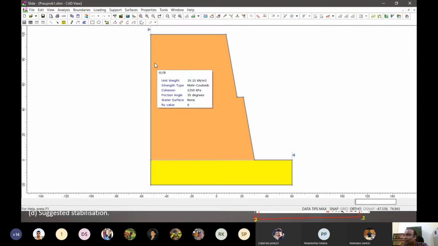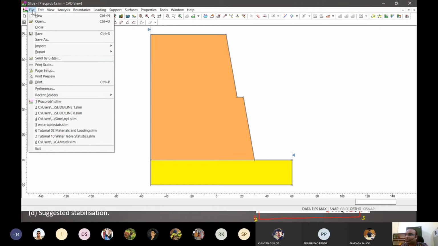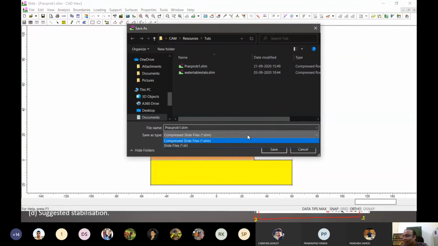Yeah, so this was also .slim format. SLIM format is basically a compressed format. We can also save it as SLI. So if you save it as a slide file, the compressed format is SLIM, and the main format is SLI.